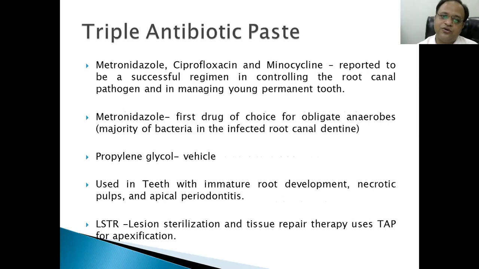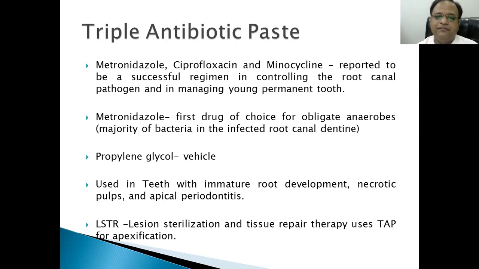It can come as a short note also, and it is a topic that is so famous with the teachers that even now, as we take lectures, and all the practitioners that are visiting us or seeing us during the lectures, they ask about this particular topic, that is called triple antibiotic paste or modified triple antibiotic paste. So earlier, doxycycline was used as one of the components. Now minocycline is used. That is why it is called modified triple antibiotic paste.